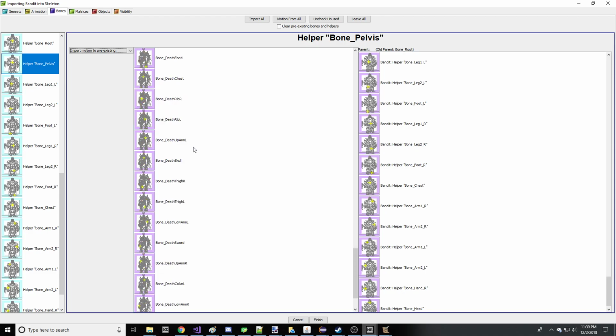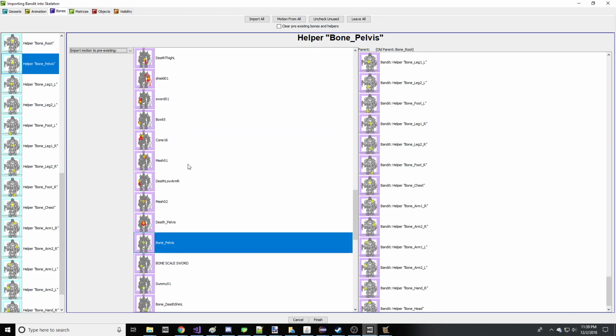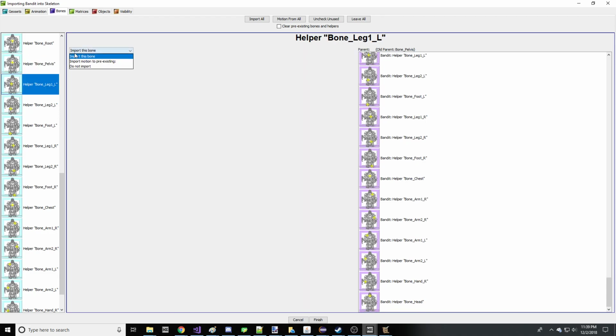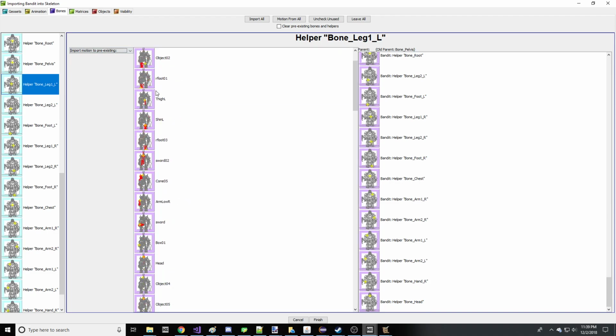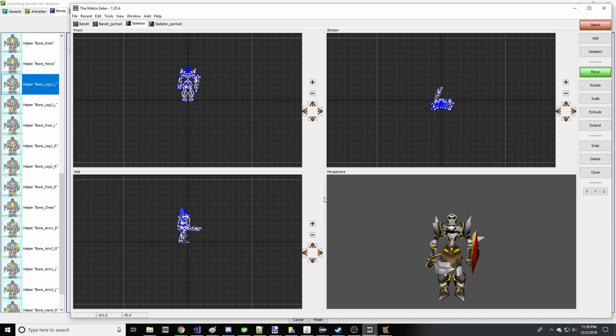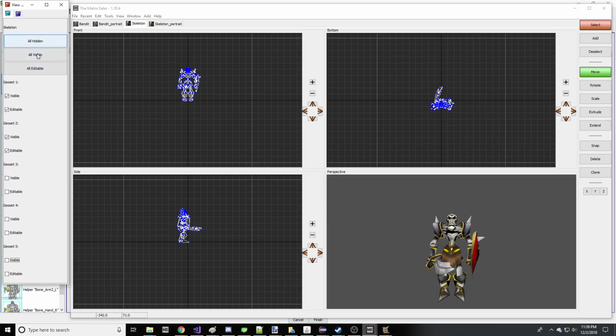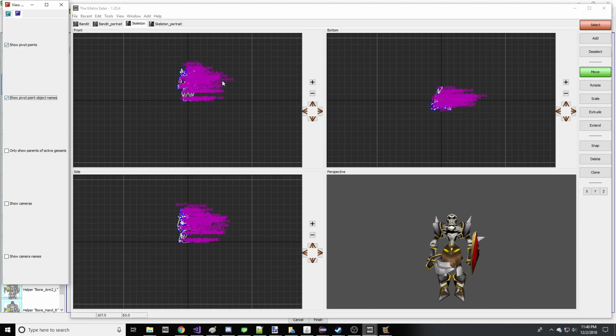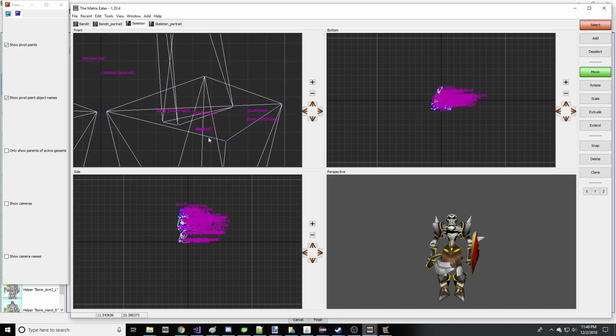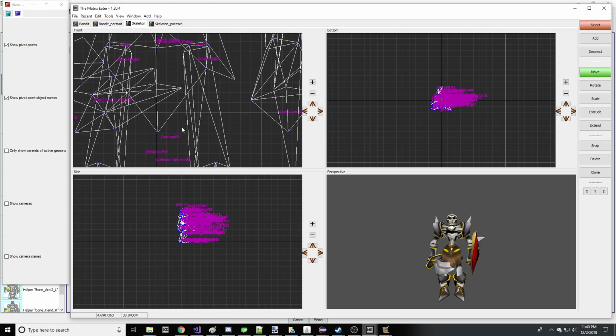So that should be pretty simple. And anything that's named death, whatever, we're going to completely ignore because we want to pretend the death thing isn't there. So all the death stuff isn't there. Looks like the skeleton has bone pelvis, so we'll map pelvis onto that. Leg 1 left, if you can imagine, would be sort of the upper leg of the skeleton. So let's try that. Upper leg of the skeleton. Let's see, leg 2,